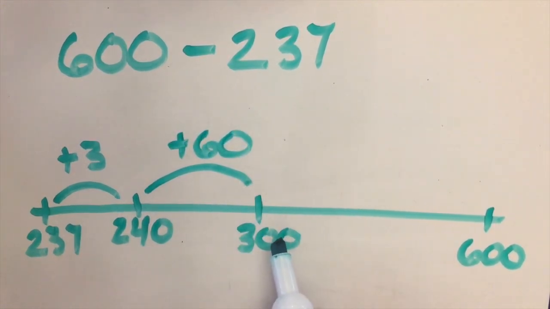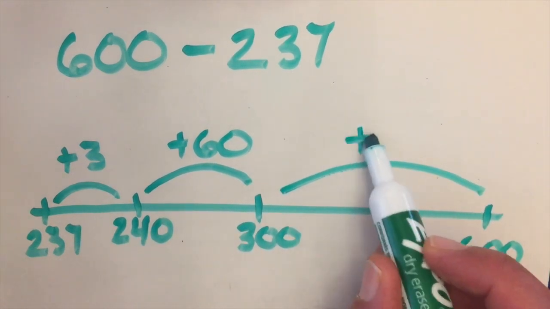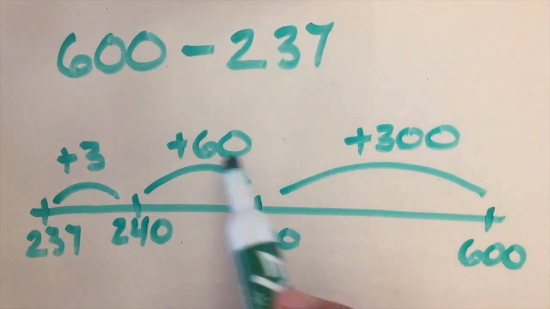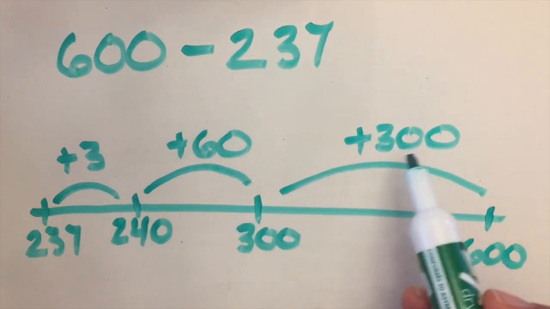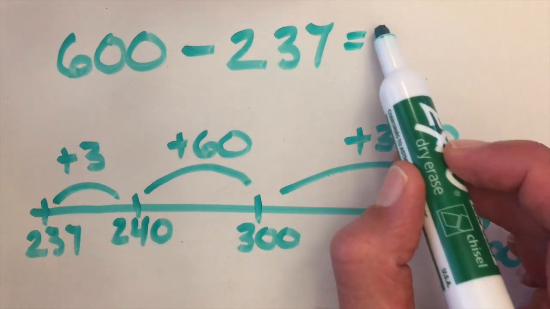And then from 300 to 600 is an easy jump. That's adding 300. And if I put those together, 360 would be 360. And we add 3. So the answer here, the difference, is going to be